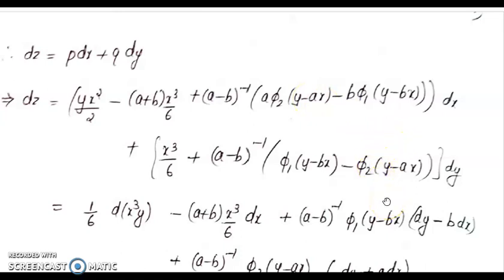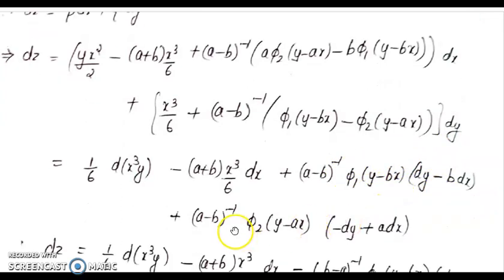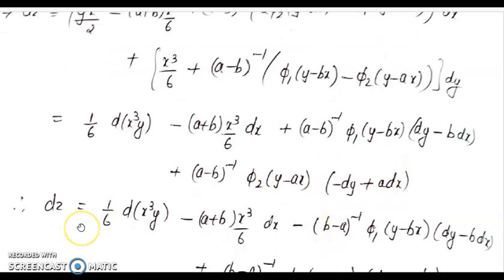So you can see that you will get in the form a minus b whole inverse phi 1 of y minus bx into dy minus b dx. അപ്പോൾ this will be integrable. അതുപോലെ a minus b whole inverse phi 2 of y minus ax into dy minus a dx. So this is also integrable. So you will get dz equal to d of x cube y by 6 minus a plus b x cube by 6 dx. Then